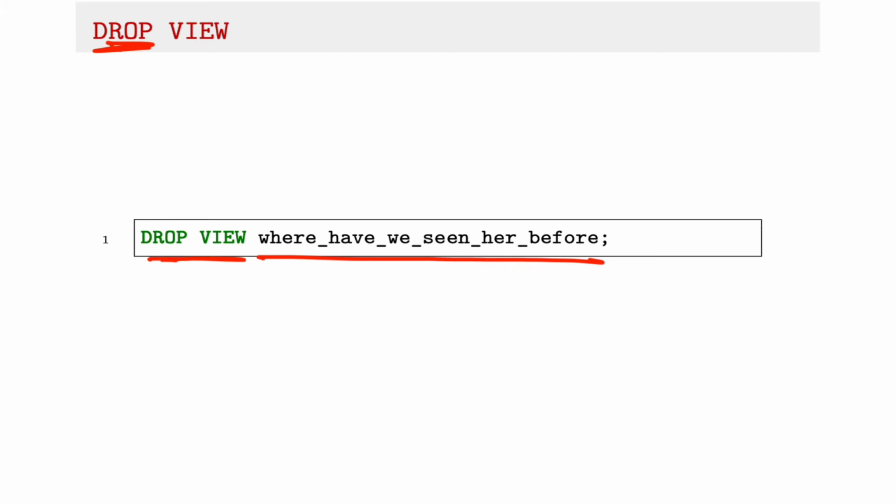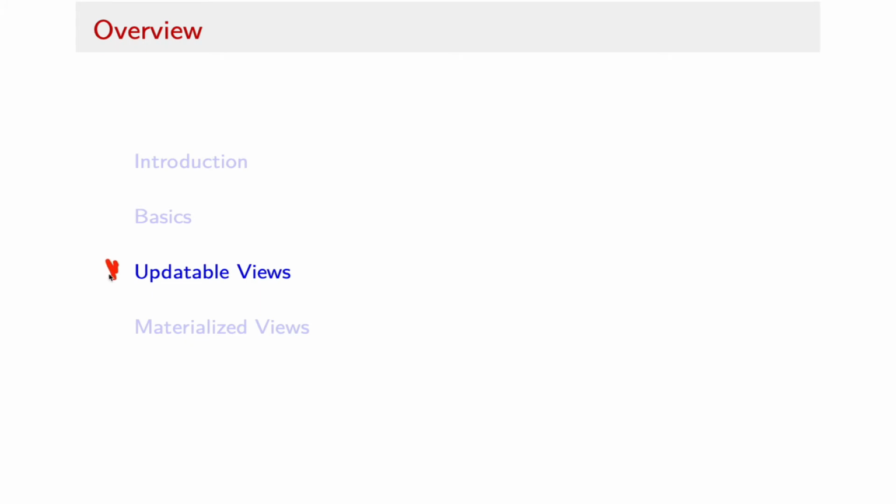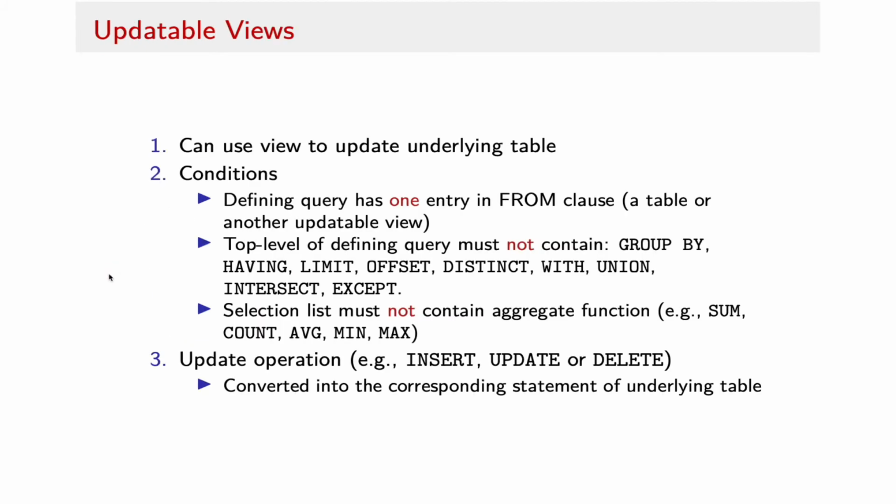So far we've been talking about using views as a mechanism for querying the database, but we can also use it to modify the data in the database, and that's the subject of updatable views. So we can, in fact, use views to update the table that underlies a view, but there are some conditions associated with that. First of all, the underlying query that defines the view has to have just one entry in the from clause. So it's got to basically be just a single table or another updatable view, which has the